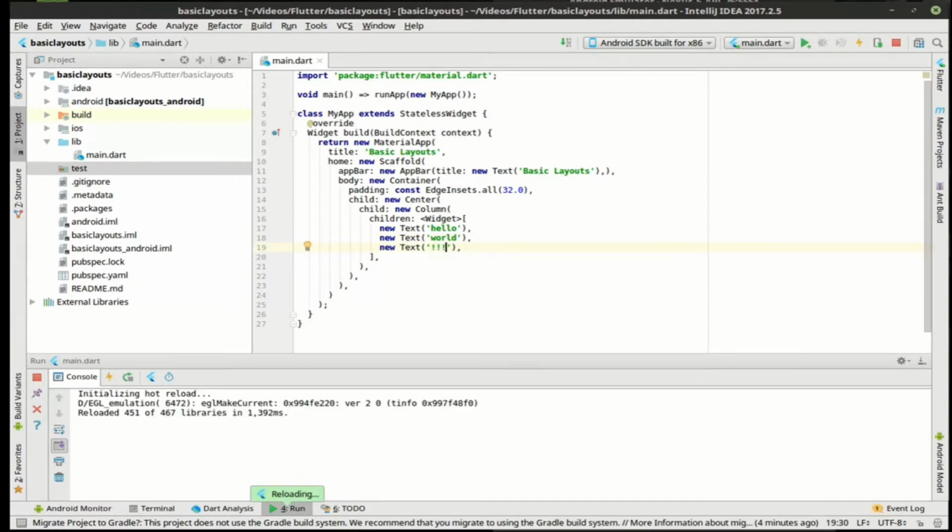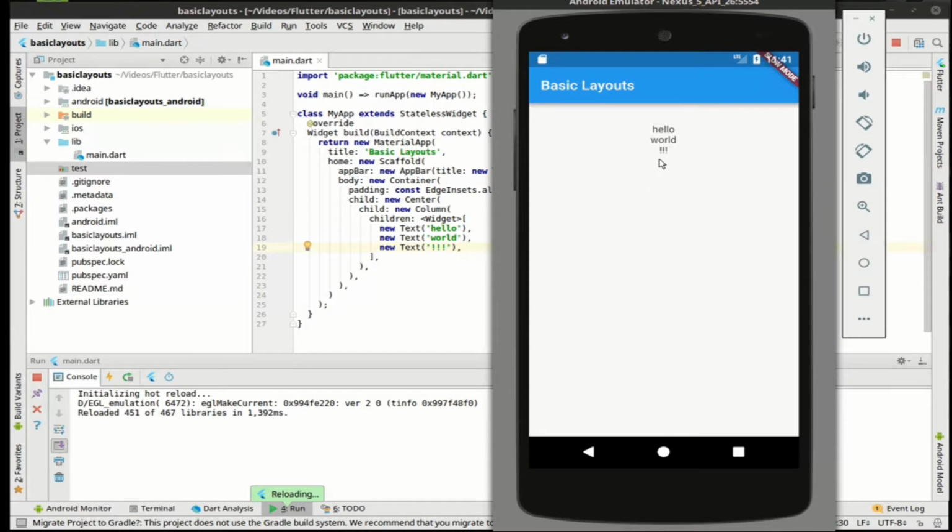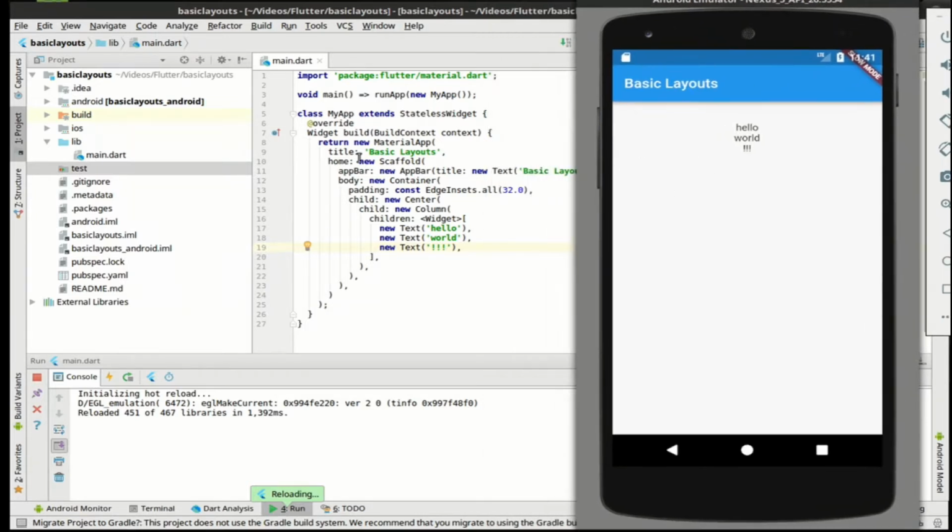Initializing hot reload, and you can see it reloaded. So here is what we've got thus far. We've got our app bar, we've got our body in our scaffold, and the scaffold has a container. And think of a container just as a glass box. It's see-through, right? So in this box, we've said we want the padding to be 32.0, which is why we've